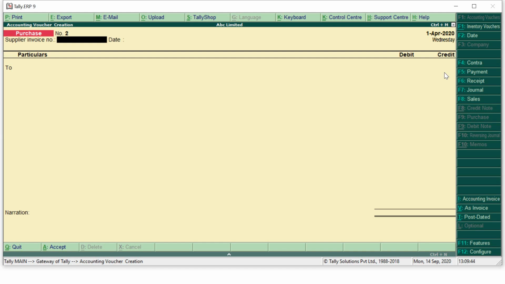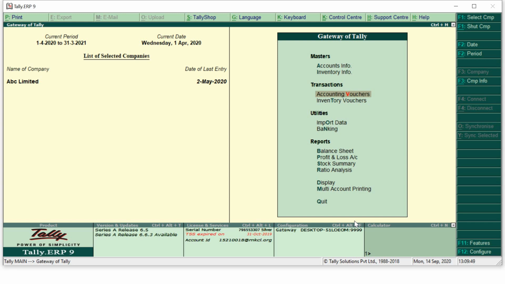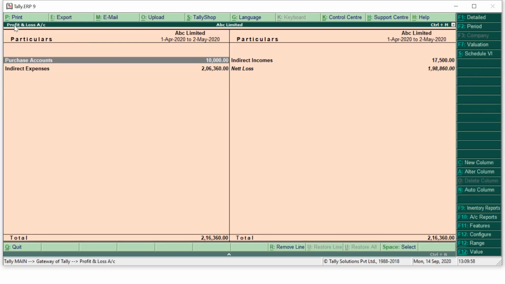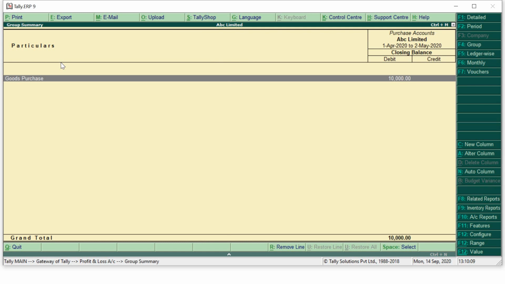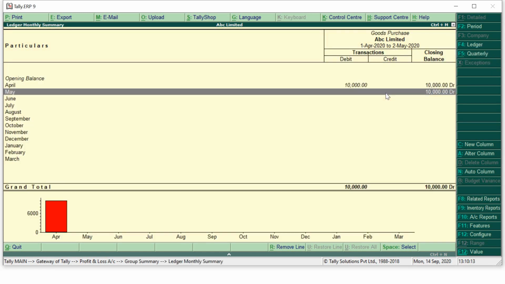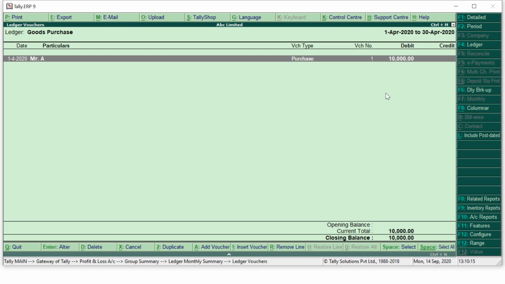Now what if I have to check my purchase entry? How I will check? We have seen for payment and receipt voucher that I go directly to profit and loss account. Same way for checking my purchase entry, again I will enter my profit and loss account, because purchase comes under my trading account, and so trading account ultimately comes under profit and loss account. So my purchases will reflect under profit and loss account only. I will press enter and you can see that goods purchases of 10,000. Okay, this is the same entry which we made for April.